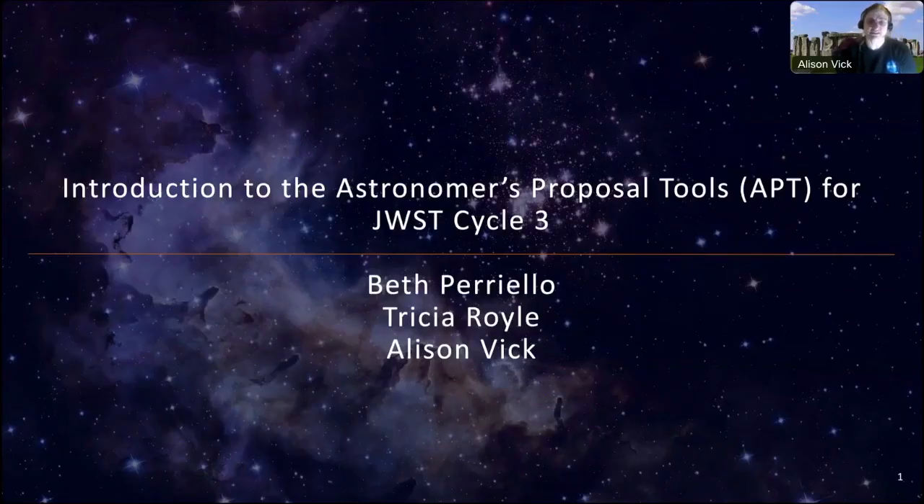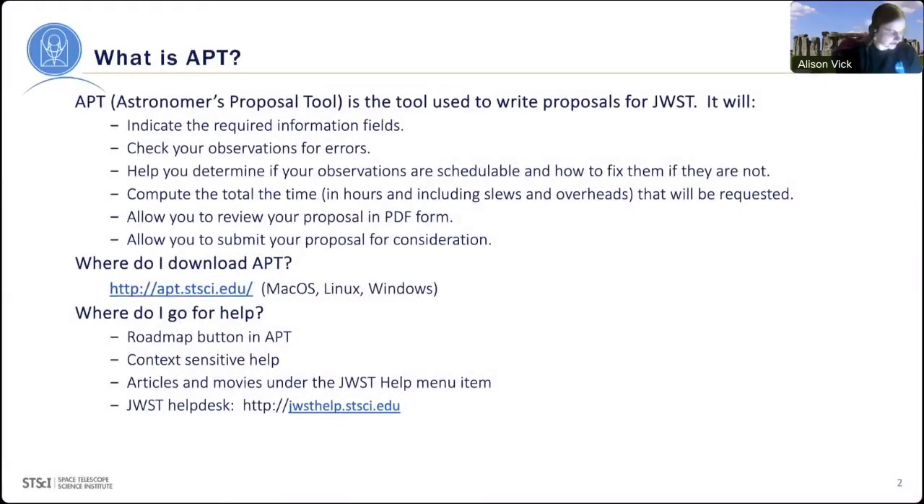So APT is the Astronomer's Proposal Tools. It's the program you will use to prepare your proposal to request time in JWST Cycle 3. It will indicate which of the information fields is required. It will check your observations for errors. It will help you determine if your observations are schedulable and how to fix them if they are not, because